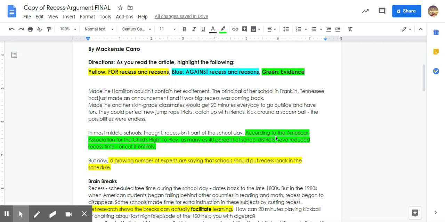The question is, which side does this evidence match? In this case, it could kind of go with either. It just depends what part of it you are looking at. So for right now, we're just looking for evidence. I'm not gonna get super into which side matches what at this moment. Right now, we're just gonna go through and look for the evidence.